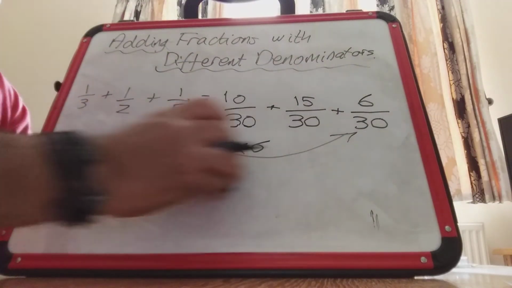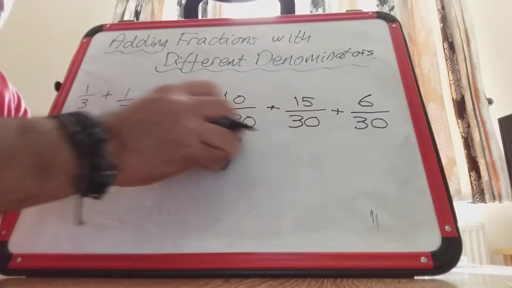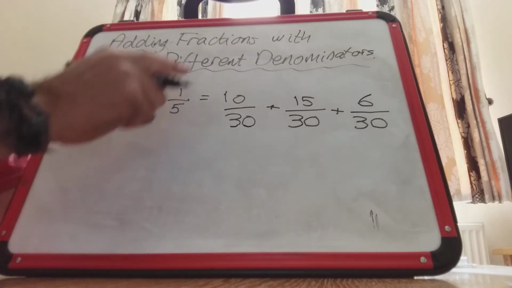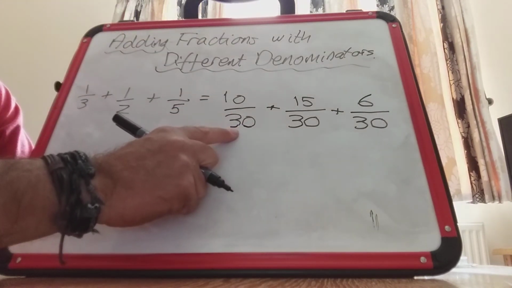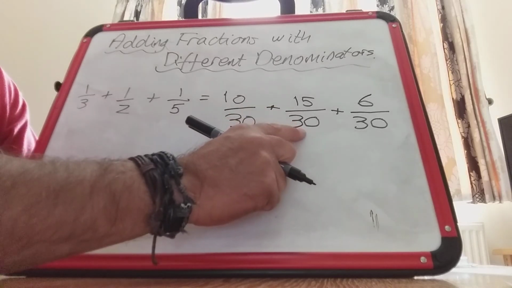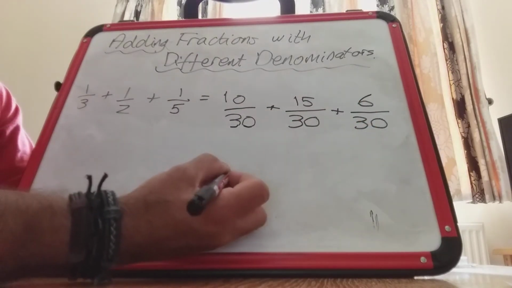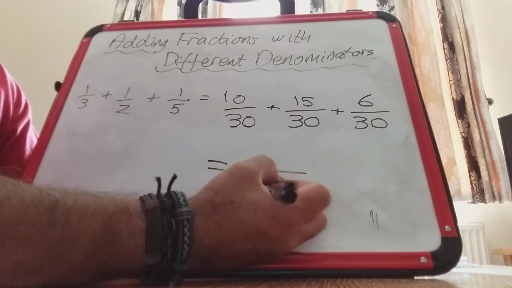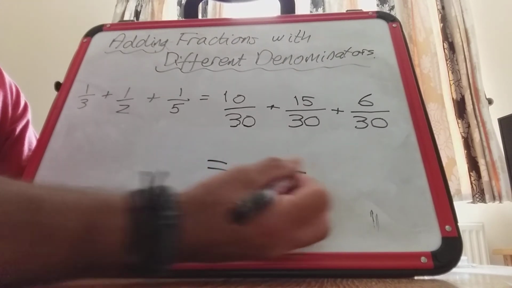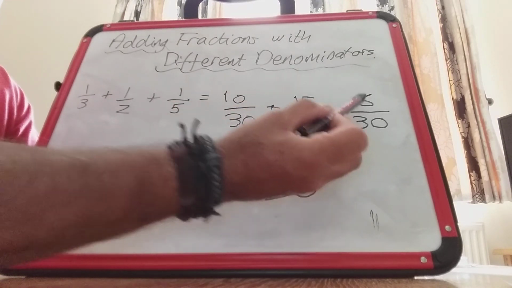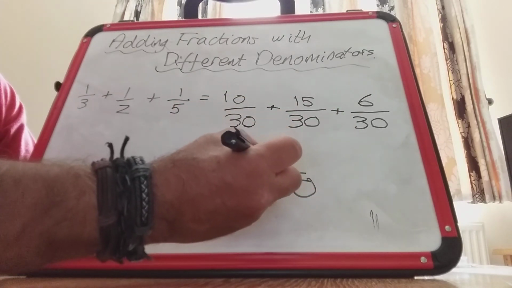Okay, so what we had was a third plus a half plus a fifth, and now we've got 10/30ths plus 15/30ths plus 6/30ths. So the answer to that is 10 add 15 is 25, 31. So the answer is